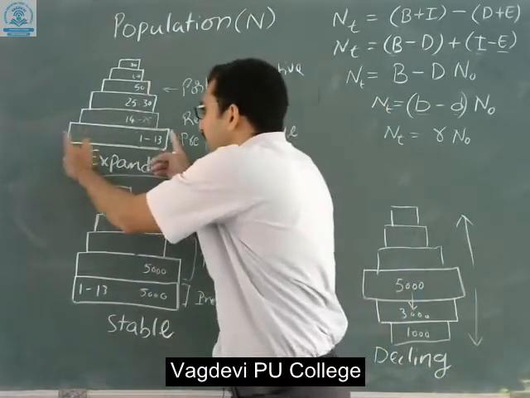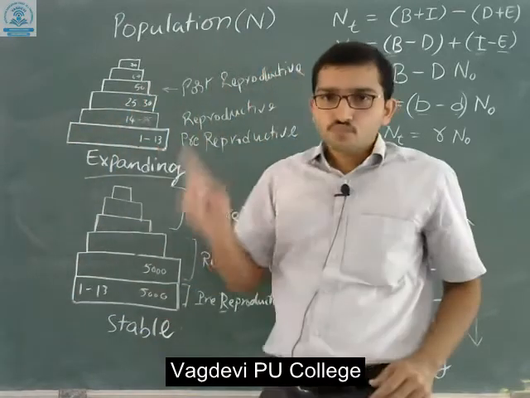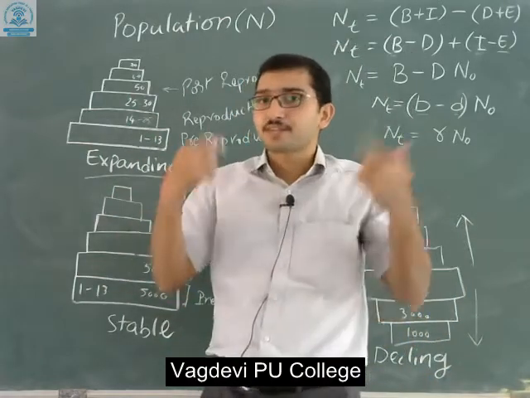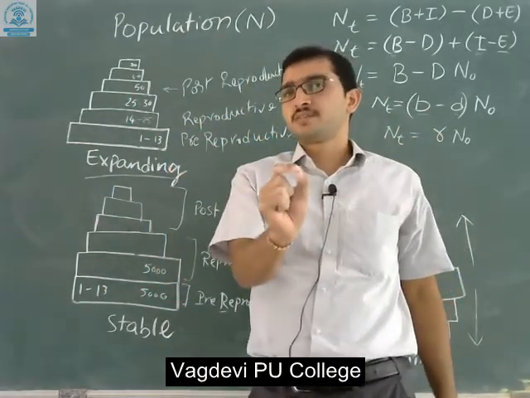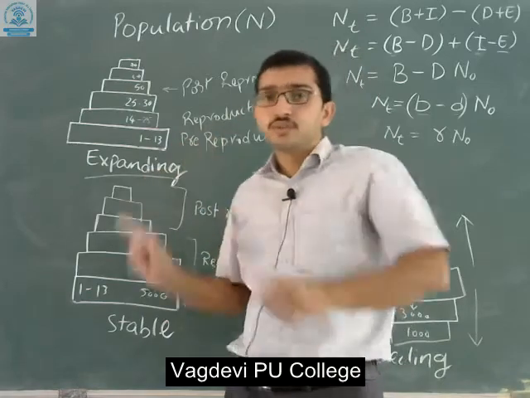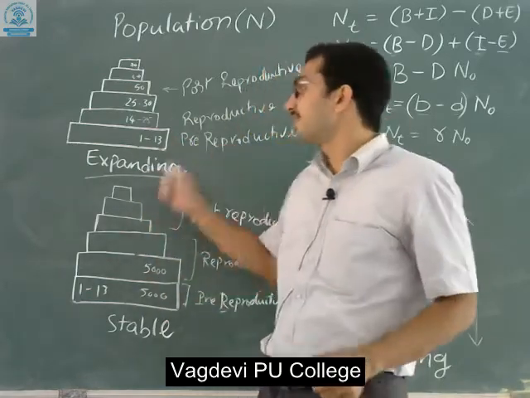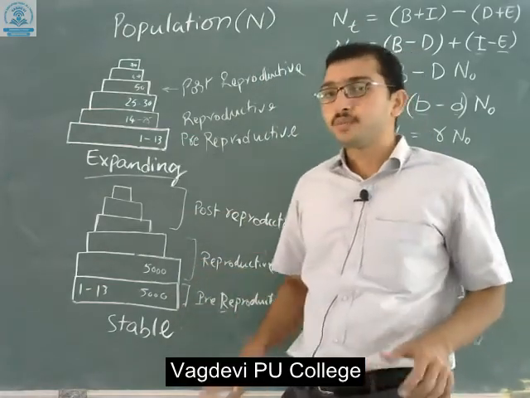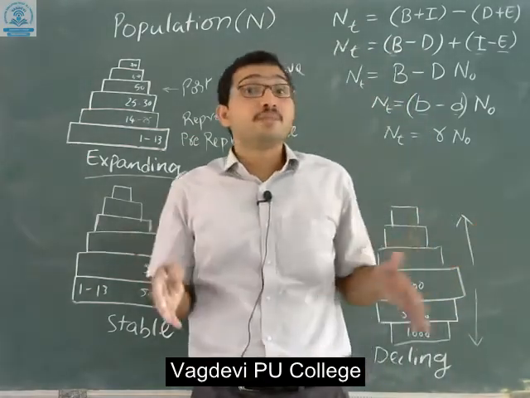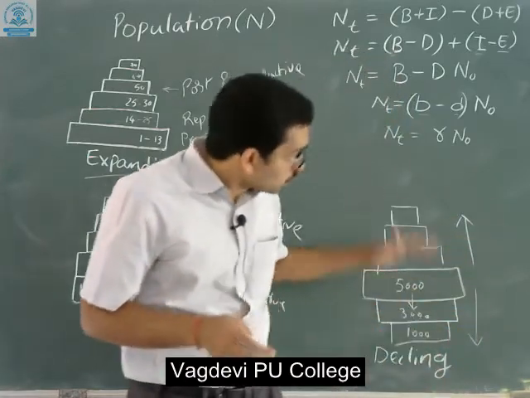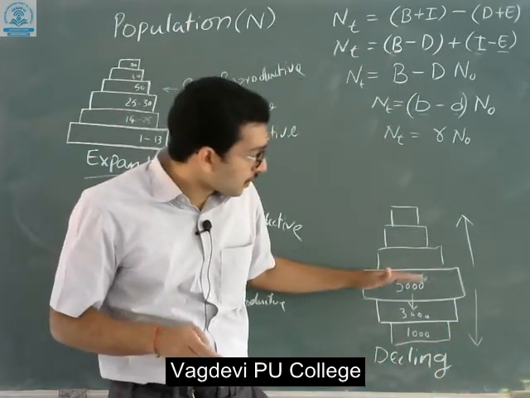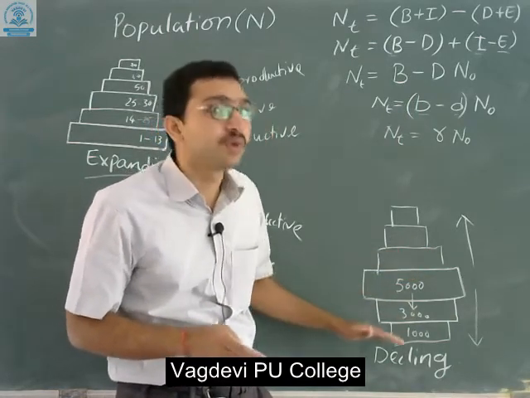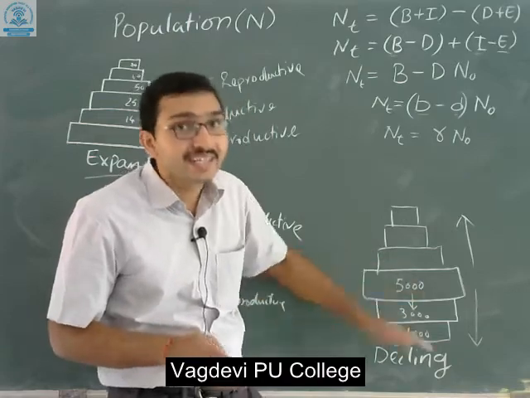If it has a lengthier base and steep top, meaning the conical form of pyramid, then it is considered expanding. Any population having more young individuals is expanding. The same number of reproductive and pre-reproductive means it is stable. If the pre-reproductive individuals are too few, meaning the reproductive stage people have produced very few young individuals, then the population is decreasing.